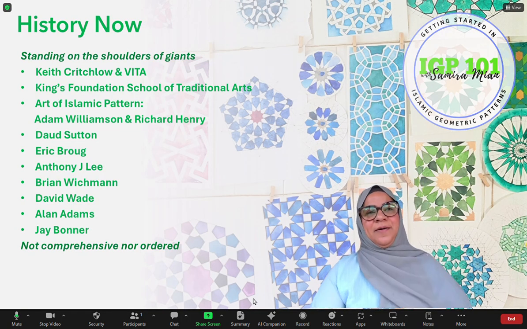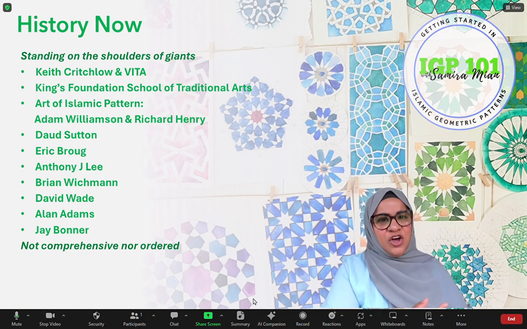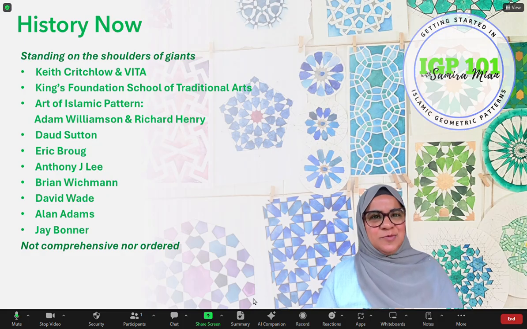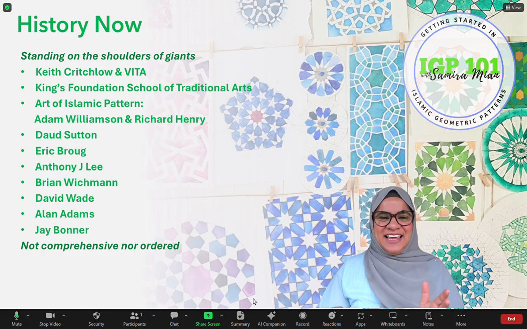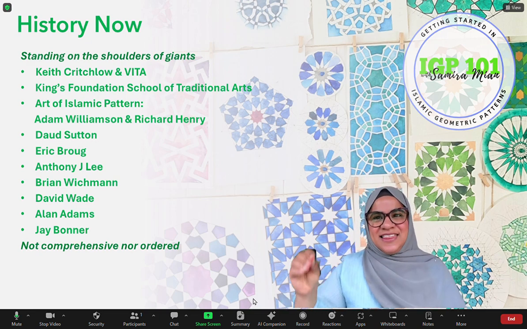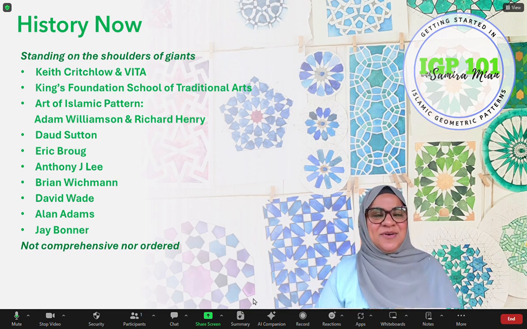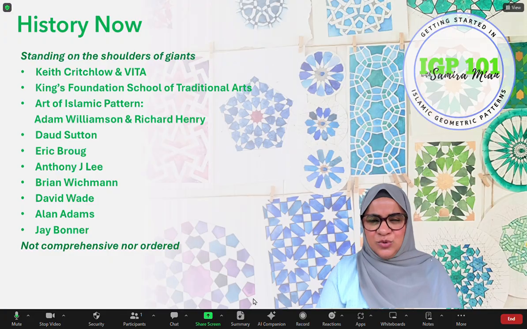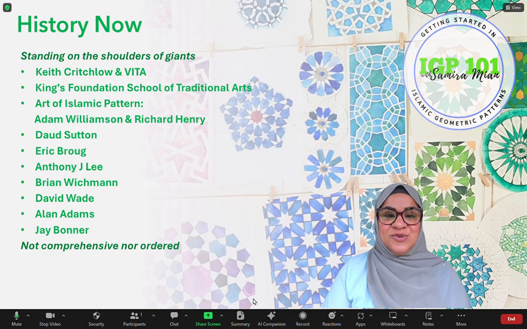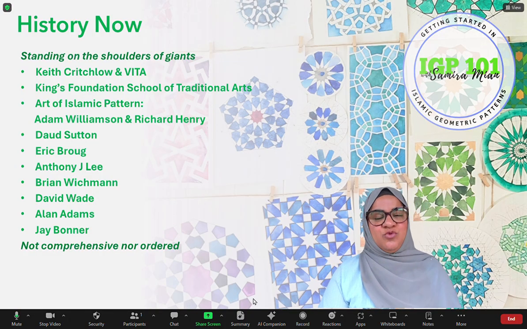So if I want to talk about people who followed on from those 19th century explorers, there's a bit of a gap here, by the way. It's not back to back immediately, but I just want to pick up the pieces which I know about and think are important. So somebody called Keith Critchlow, almost like a father figure in this world of patterns, established a school called Vita, and then that became the Prince's School of Traditional Arts, which then became the King's Foundation School of Traditional Arts. That is a really important organization